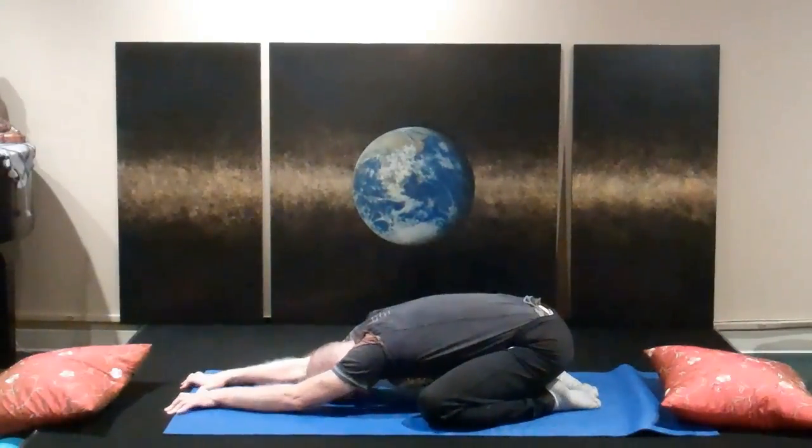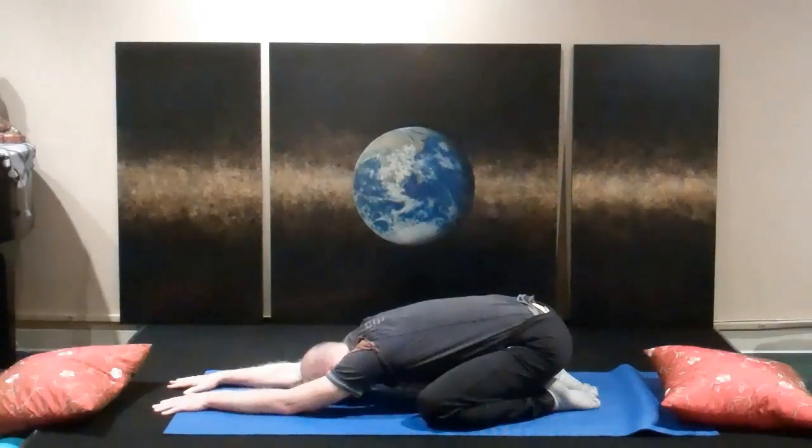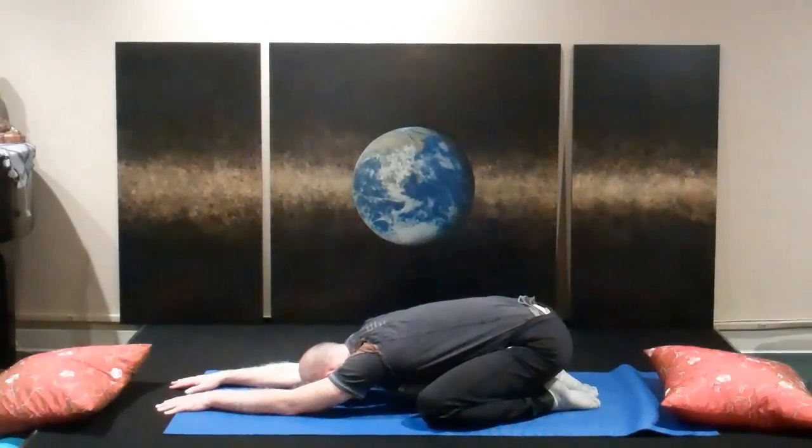This time I've opened up my legs wide. This is an excellent position to really open up that whole lower back area. Allow the lower abdomen to fill with breath. Feel the breath in this position. Feel the connection with Mother Earth. Really feels as though I'm hugging Mother Earth,